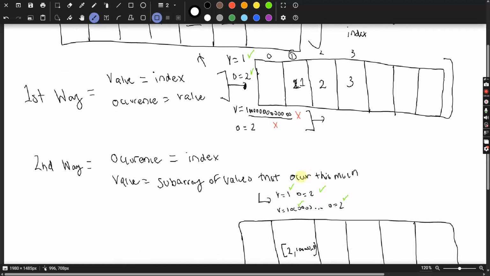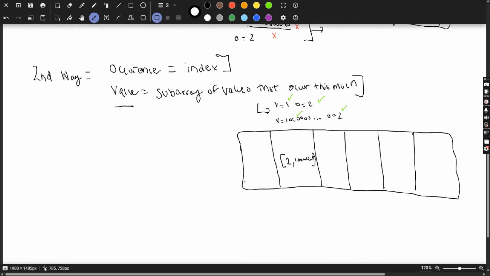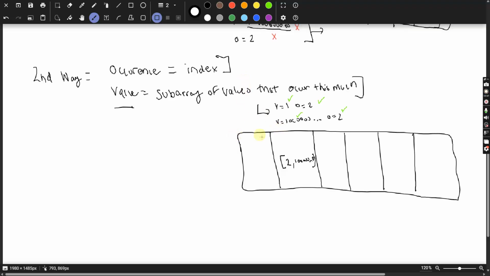But the second way of doing it is flipping these two ideas. We're saying that occurrence is going to be the index and the value is going to be a subarray of values that occur this many times. So now if we're given the same problem where the value is 1 and the occurrence is 2, the value is 1, whatever number that is, and occurrence is 2, we can go to,